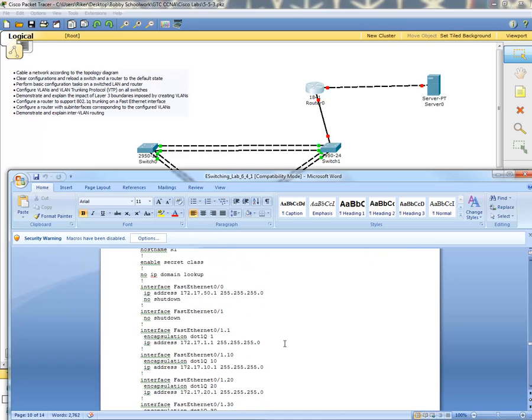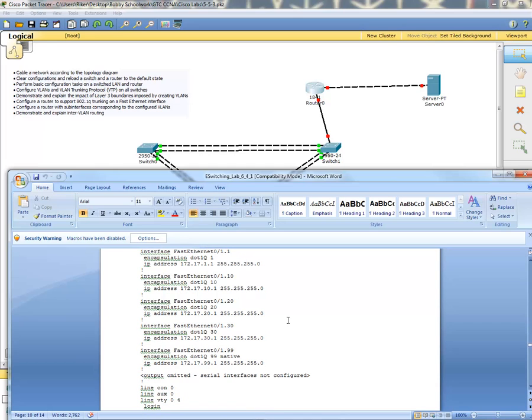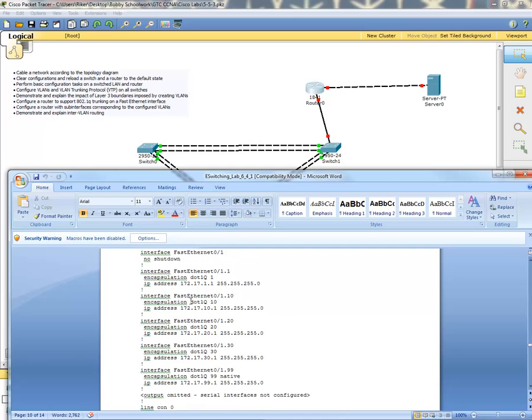It allows you to scale your network. Now, as you're going through, you're going to see encapsulation dot1q 10. Well, I've been asked by a friend of mine who does a CCNA class elsewhere, not here at Gateway, but he's a friend of mine from Florida. He asked me, what does that mean? Well, basically,